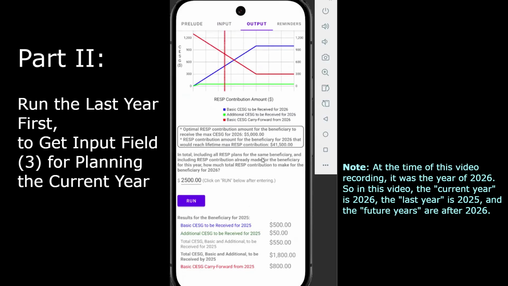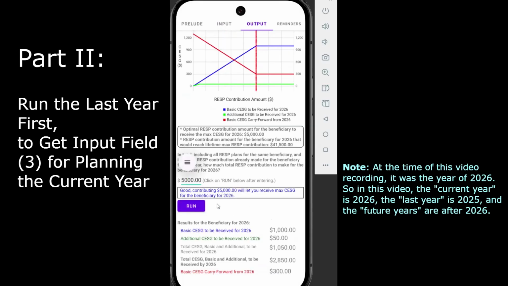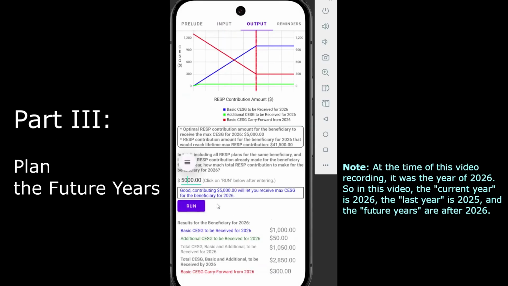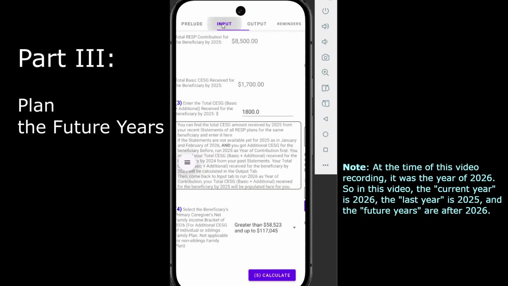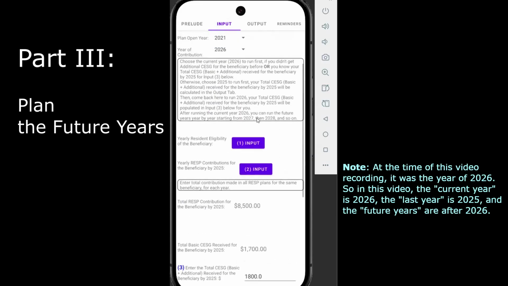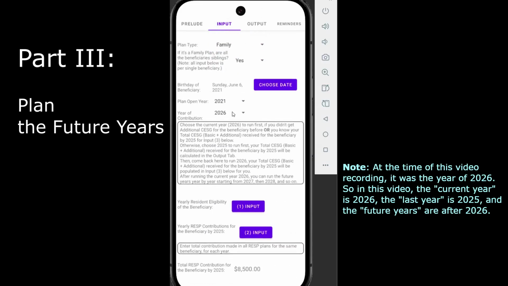Let's enter the optimal amount. After you have run the current year, you can run the future years, year by year. Choose the next year, 2027, as the year of contribution.